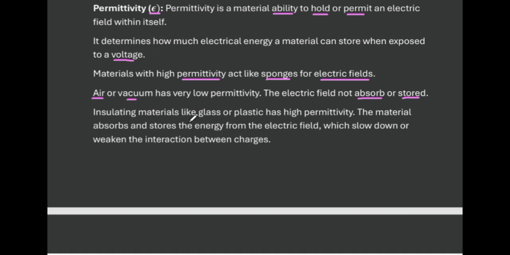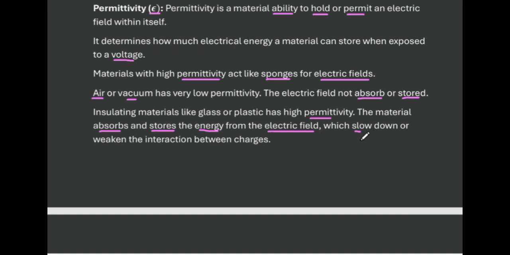Insulating materials like glass, rubber, and plastic have very high permittivity. These materials absorb and store electrical energy from the electric field within themselves,